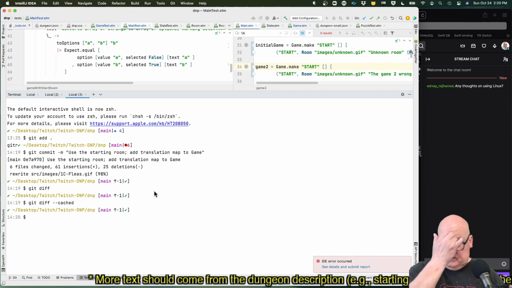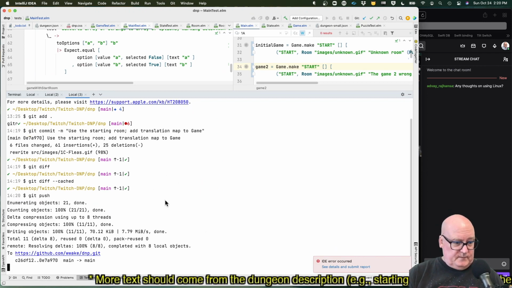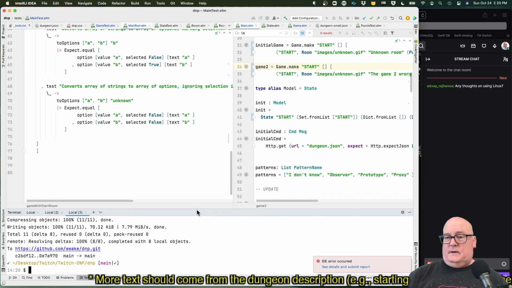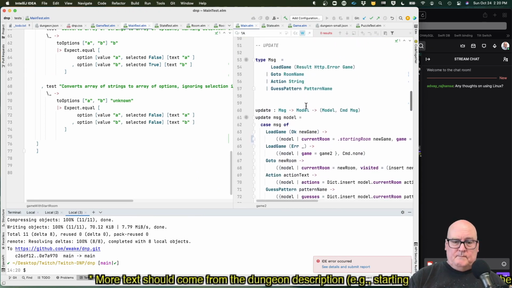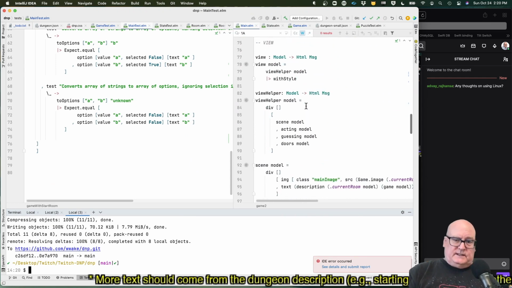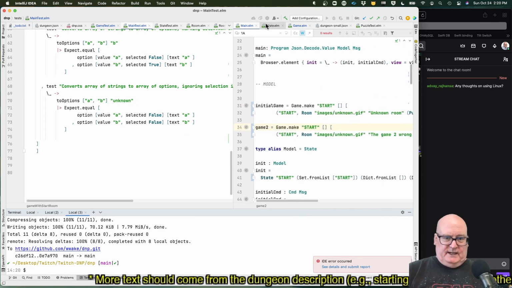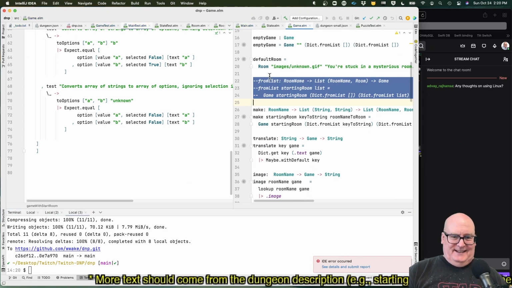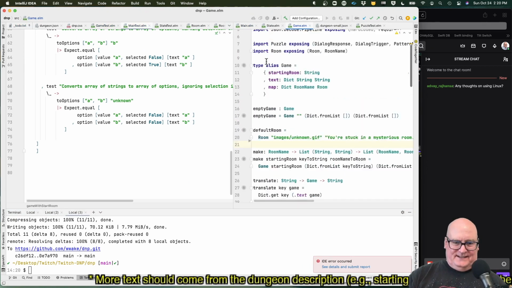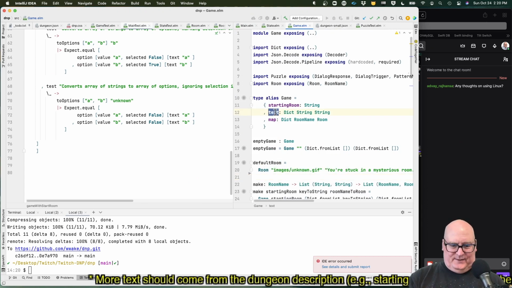Is that not it? I will push. All right. So we've got our new field in there that provides the text. I think I'm going to change that name to translation. I know, it's like I change these things back and forth, but I think that's going to help us understand what's going on.